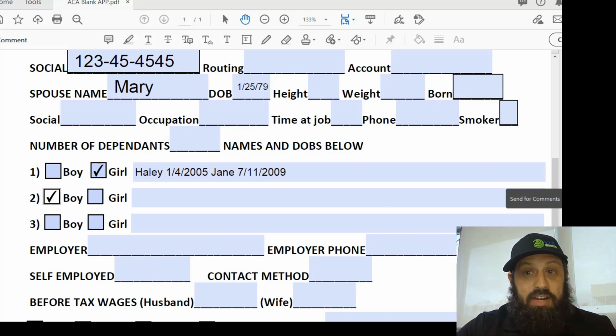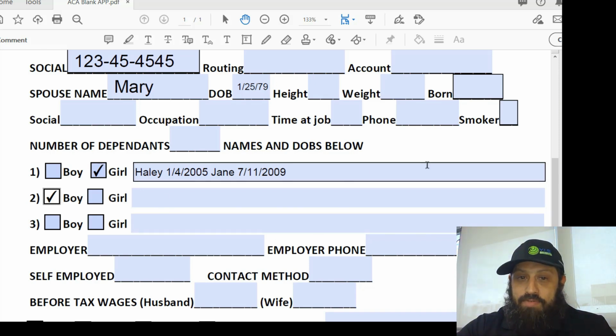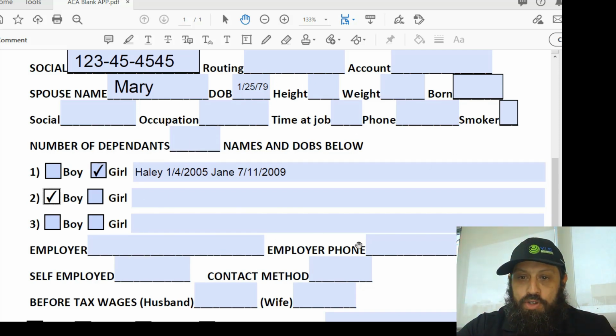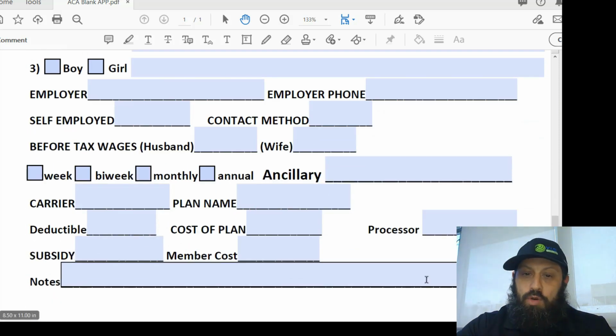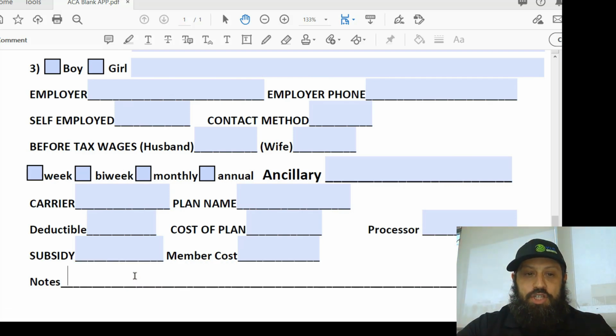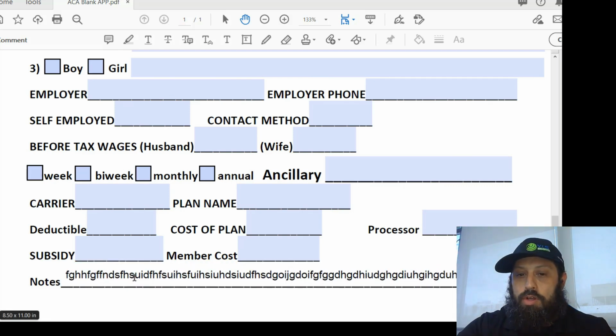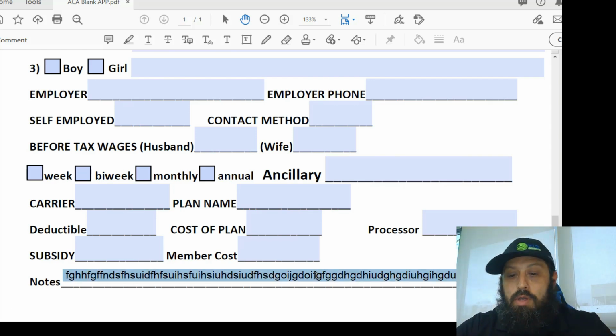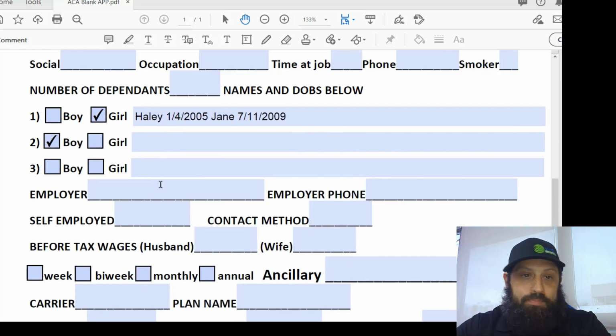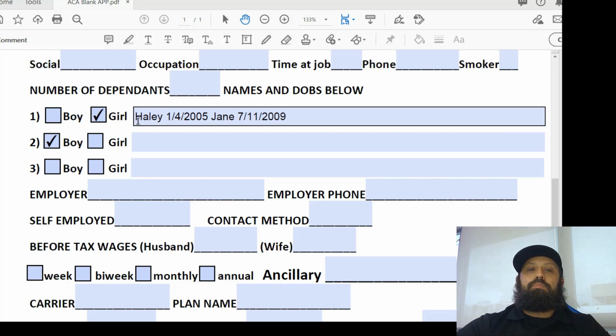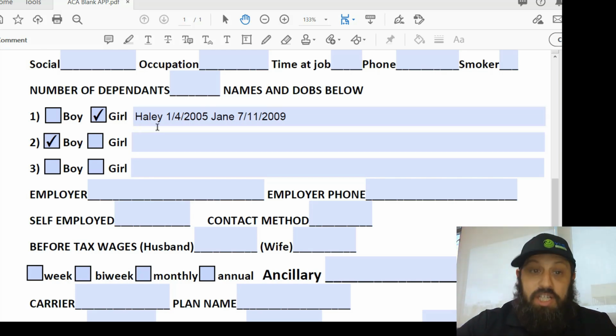I work with a lot of rather large families, and if they don't have room to put their information here, on the bottom there's a notes section. You can add more, and this you can actually type, and it'll keep going. So you can make it work. So my point, back to where I'm at, once you have the boys and the girls' information into the system,